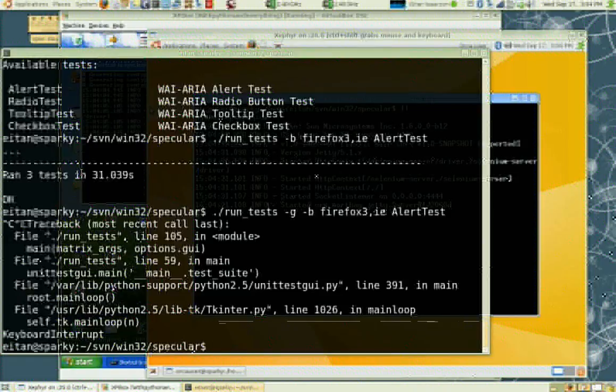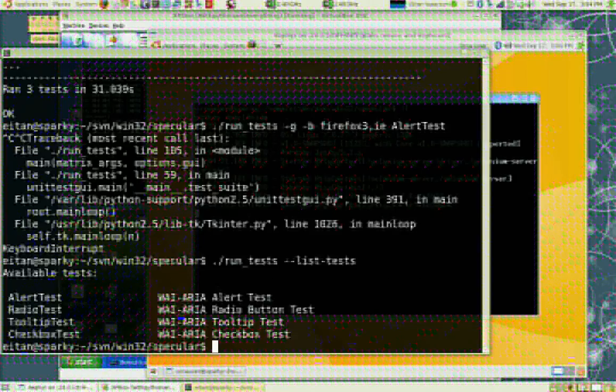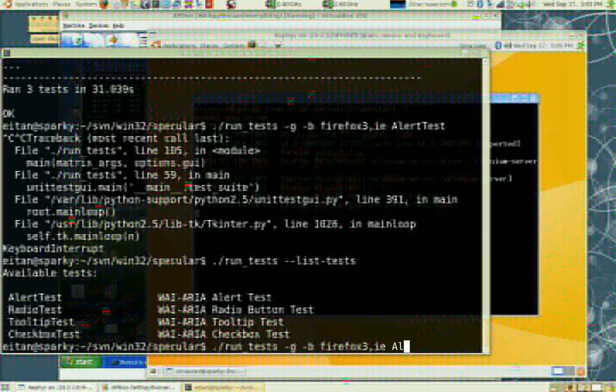Now all we need to do is use the harness test script that we have. We could list the tests. These are the different tests that are right now available. It gives a short description, and if we run it, we could give the -G flag. That will launch it in a unit test GUI. And we want to run Firefox 3 and IE. Those are the two browsers, and we want to do the alert test. Great. So we're going to launch this,